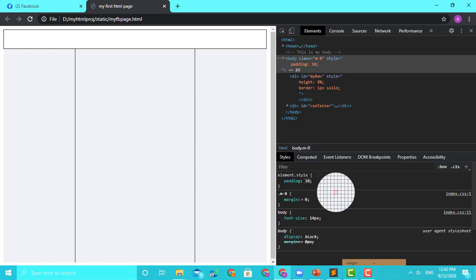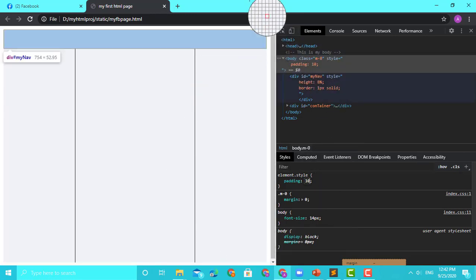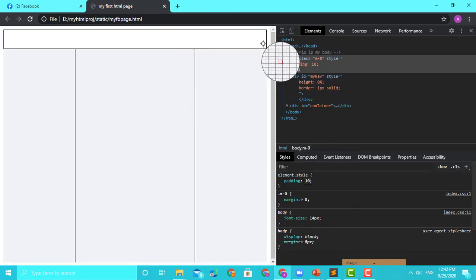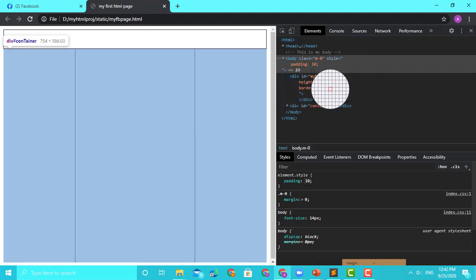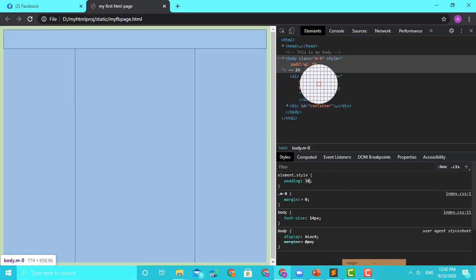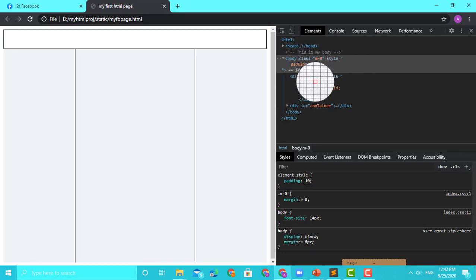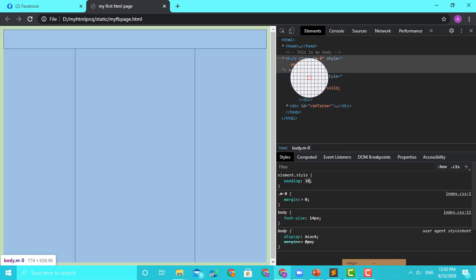So what happened now? All the elements within that container will get shrunk. So padding is inside an element. For the body, whatever comes within the body will have a padding of 10. Margin means outside the body it will remove space. So that is the difference, and that's very important. You see it becomes green now, earlier it was orange. So inside an element, if you want to give spacing, it is always padding. If you want to give spacing outside the element, it is margin.